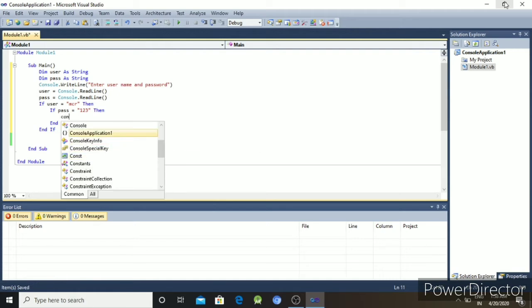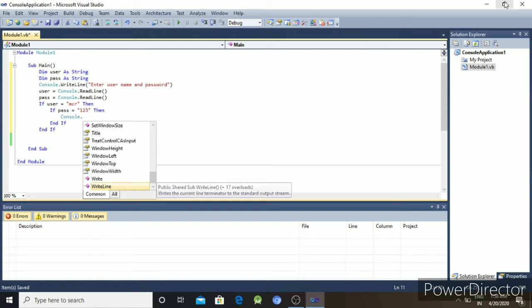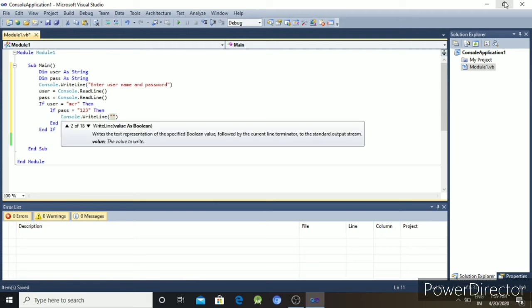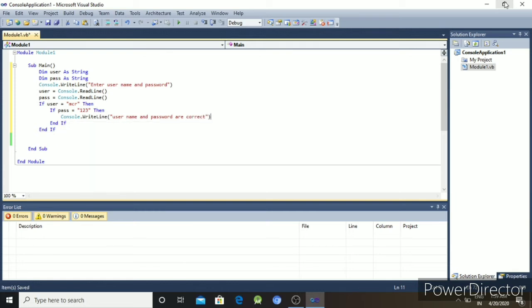Then the statement will be Console.WriteLine, username and password are correct.